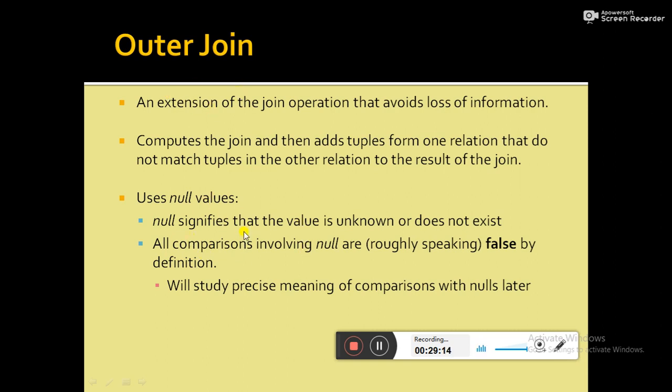But before that, we have to know what a null value is. Null value signifies that the value is unknown to us. Suppose for a particular attribute we don't know the value, it should be assigned as null, meaning the value is unknown to us. But there is a drawback, which I will not discuss here. If an attribute has many values, but among them one or two are null, then the computation job will be very difficult. We cannot do mathematical computation. All these things will be covered later.